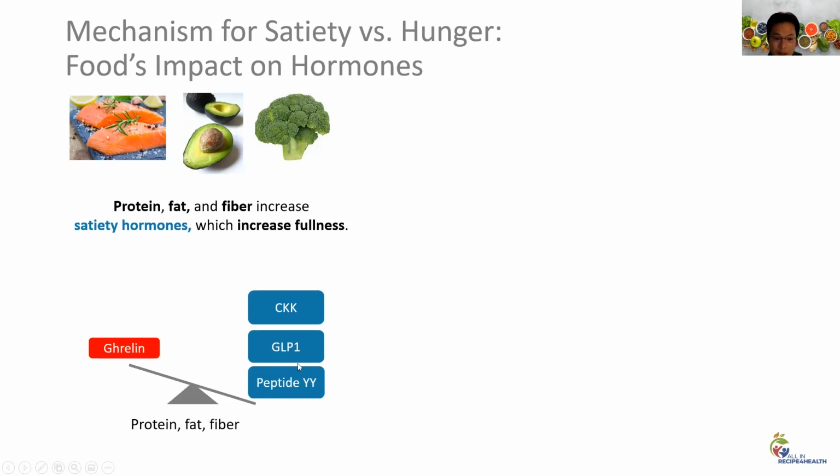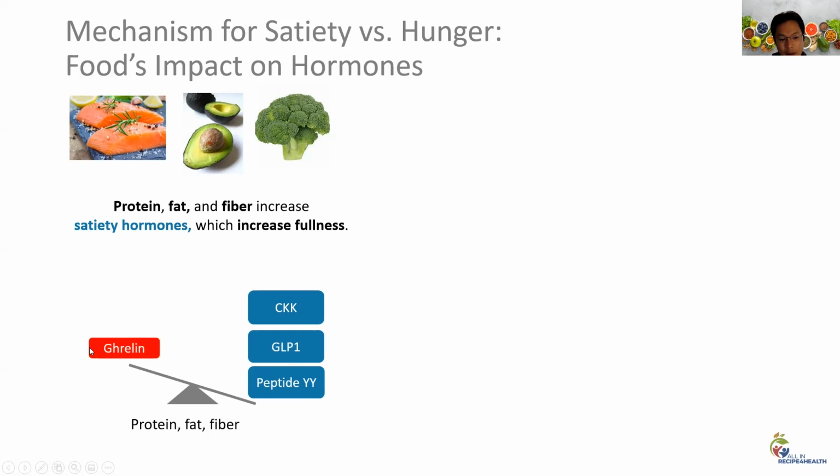Some of them will sound familiar because like GLP-1 is often used in the diabetes medicines now, right? CCK, cholecystokinin, peptide YY. These are just things that if you start learning and trying to understand why, these are well-documented pathways. You eat these whole foods with a combination of protein, fat, and fiber, you will increase your satiety hormones,